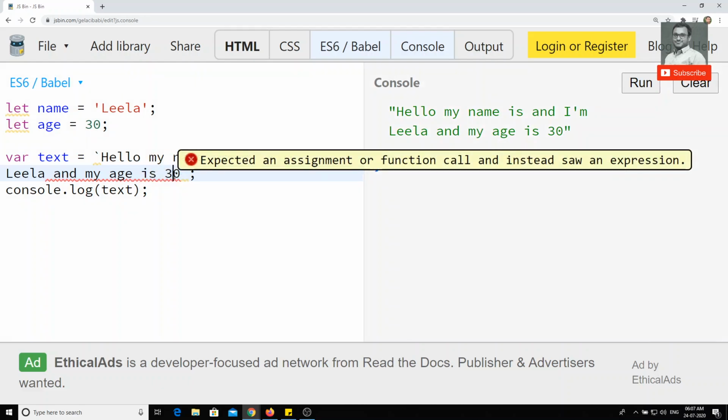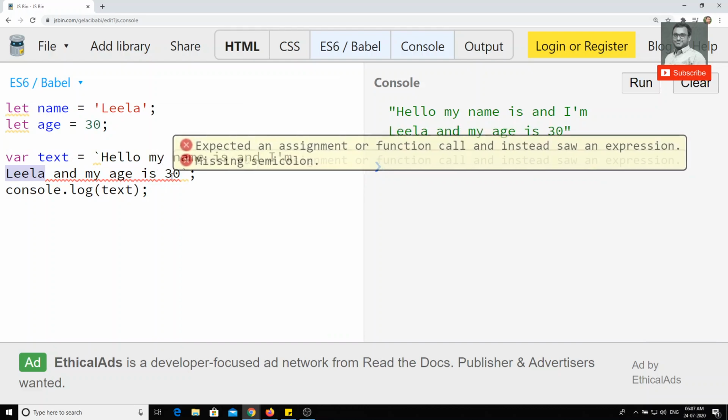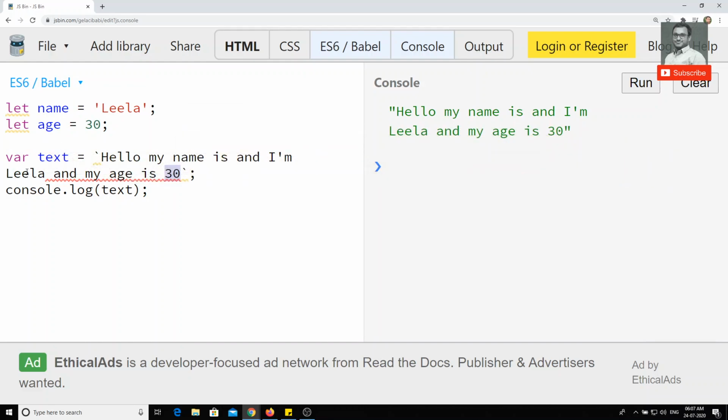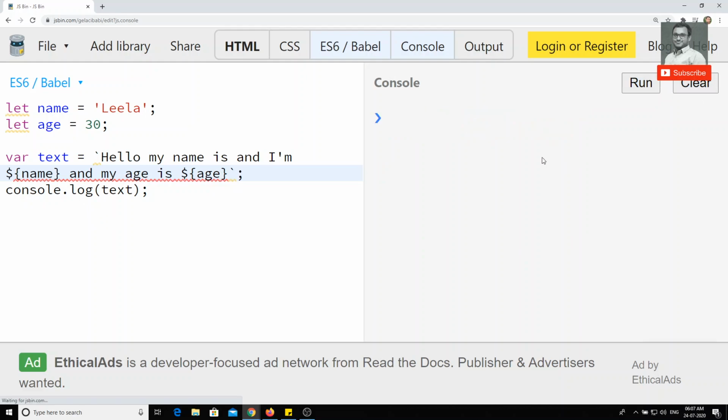Now here I want to replace Leela and the age with the variables. How can I replace them? We can directly use dollar curly brackets name, and here dollar curly brackets age. Using this dollar curly brackets, I can use the variables directly.